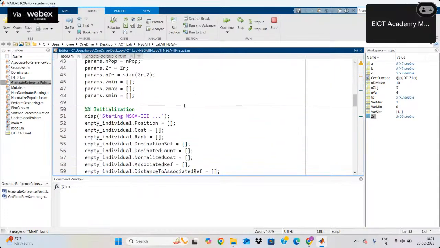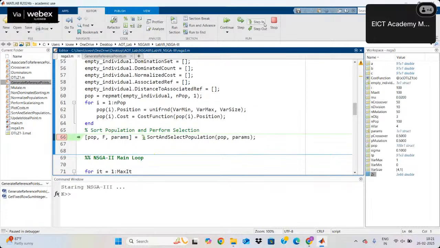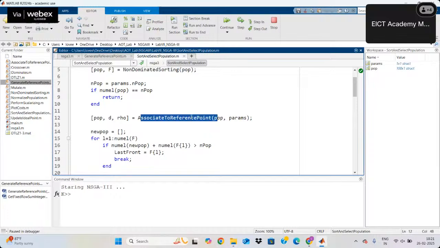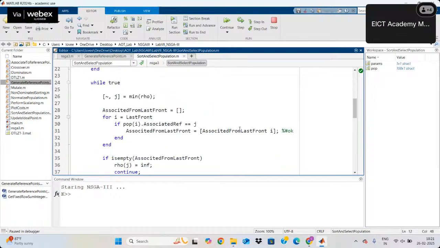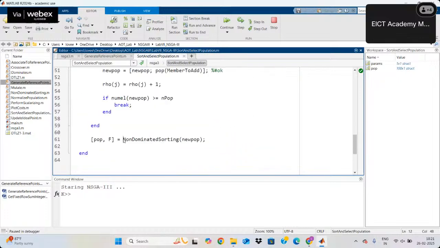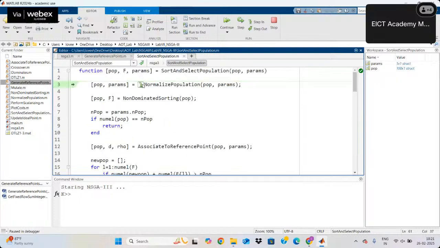The next step that is new here is this sort and select population. This combines a few steps. So we'll move on to this step. This has major steps of normalized population, then non-dominated sorting, then associate to reference point. And then it does this non-dominated sorting again. So what is happening over here is, it is first normalizing the population. Now normalizing has 2 steps. It has to subtract the minimum value